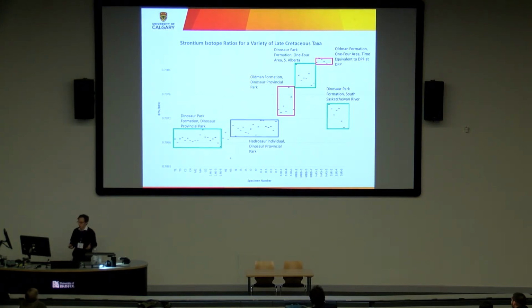And here's what the data looks like from those samples. So the green box on the left, that's my original data set that I showed you. The blue box is the dinosaur, the individual jaw. And then the red boxes represent the Old Man Formation, which underlies the Dinosaur Park Formation. So I wanted to see if the Old Man Formation in Dinosaur Provincial Park would show me something different, and